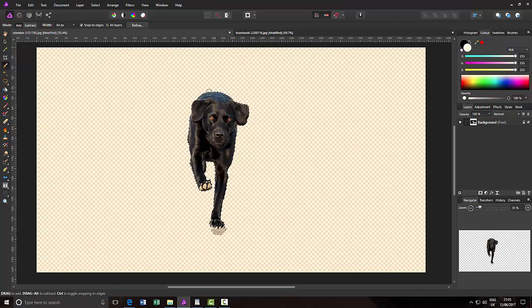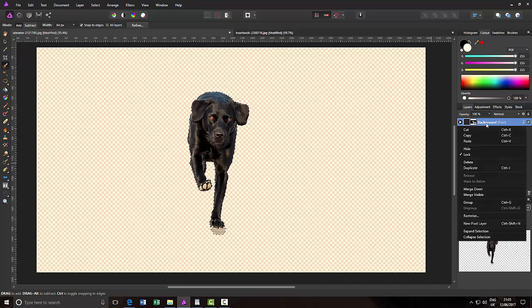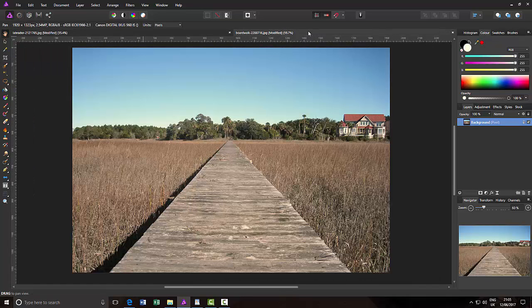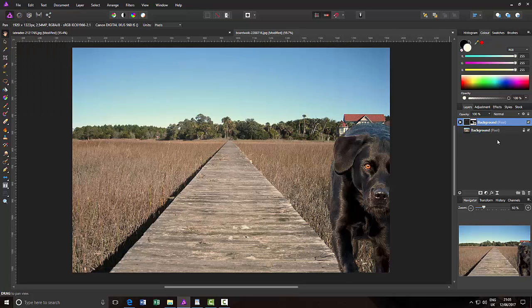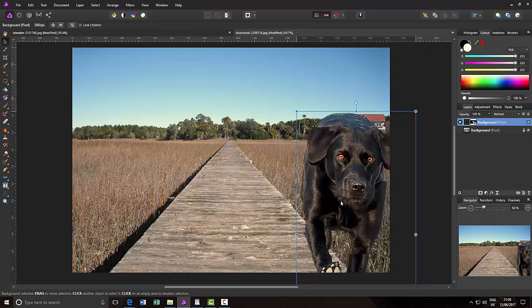So that now is the dog cut out from the background, and what I'm going to do is I'm going to click and highlight that layer which has the layer and the mask, and I'm going to right click that and click copy, come to my boardwalk image and then edit and paste, and it will just paste that image and the mask at the same time. And then I'm going to come to the move tool, just click in the middle of this image,